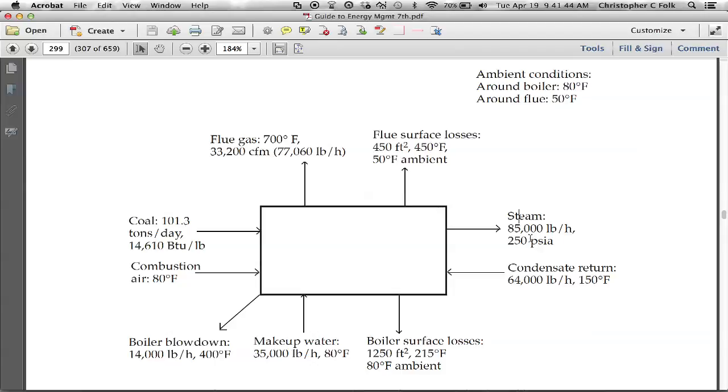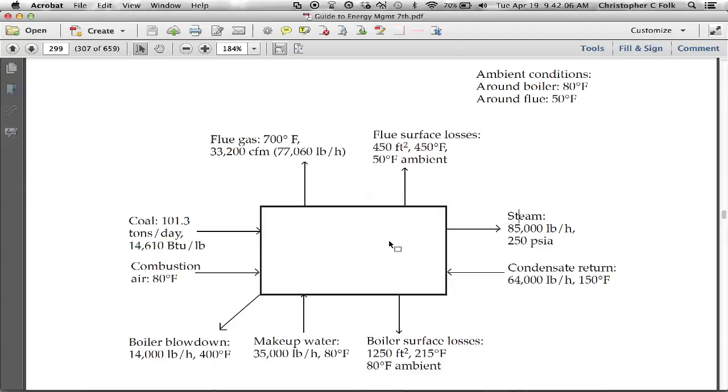Okay, so after it goes and does the work that it's going to do, which we'll read about in the next chapter, it needs to be returned then to the boiler to reabsorb the energy. So that's what happens. We're going to absorb the heat from the burning coal into the steam, and then the steam will be delivered to the